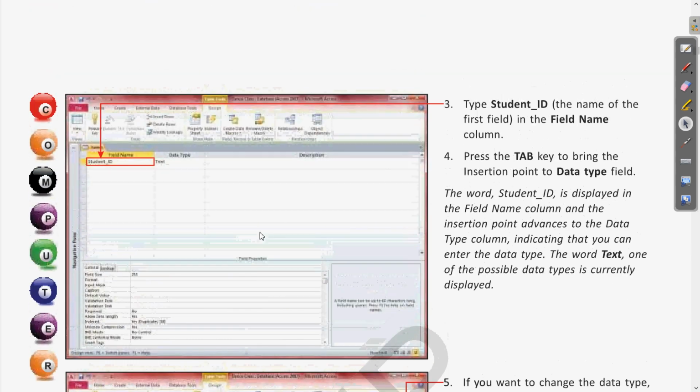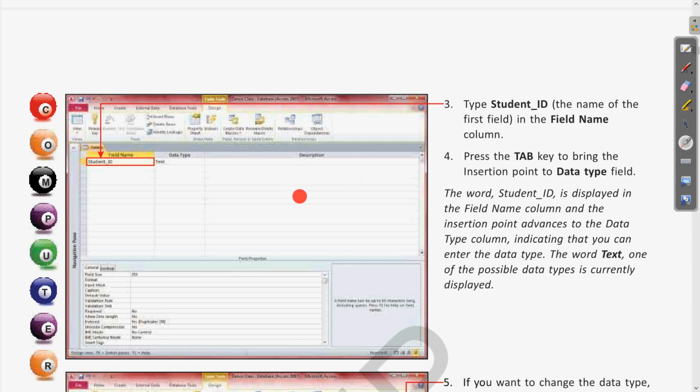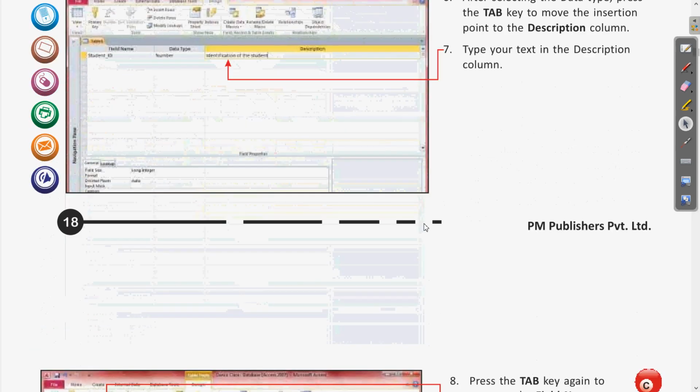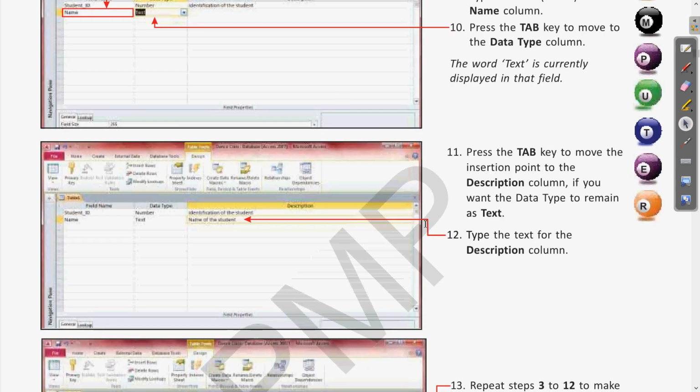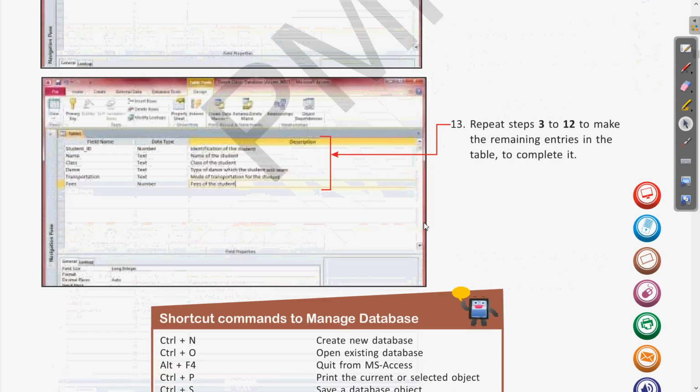Here the name of the field is described, the data type can be chosen from here, and the description is there where we can write a detailed description of any of these field names. Clear?